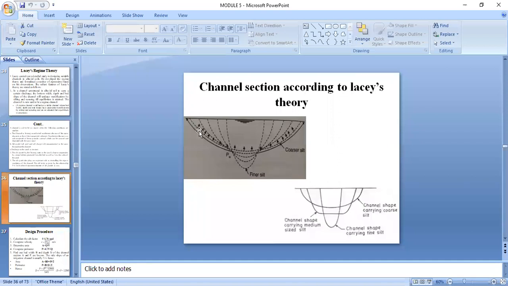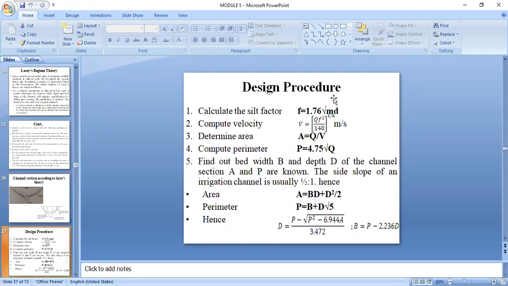Here he has assumed the channel in an elliptical shape, which is not true. So this is also one of the limitations. You can see an ellipse here. He has assumed it, but over a period of time the channel will have its own freedom to form its own cross section. This is the final cross section the channel has made, and that is known as a regime channel. Let us not go into detail with this figure, because for your syllabus only the design procedure is there.